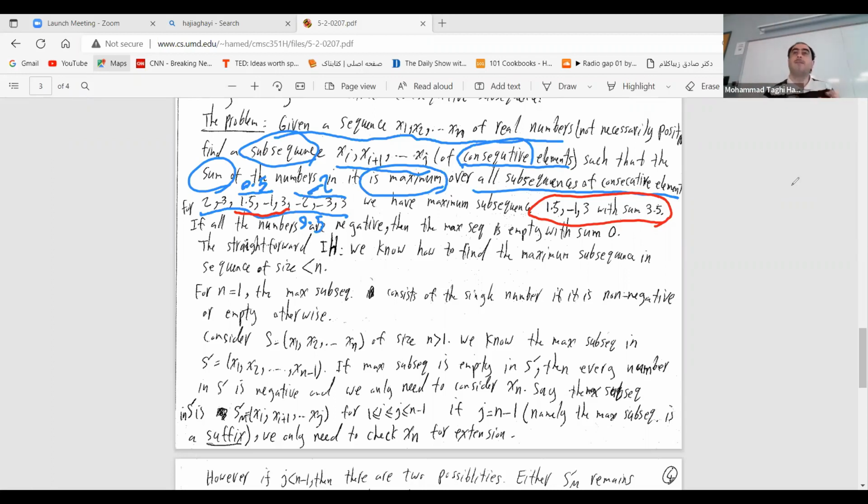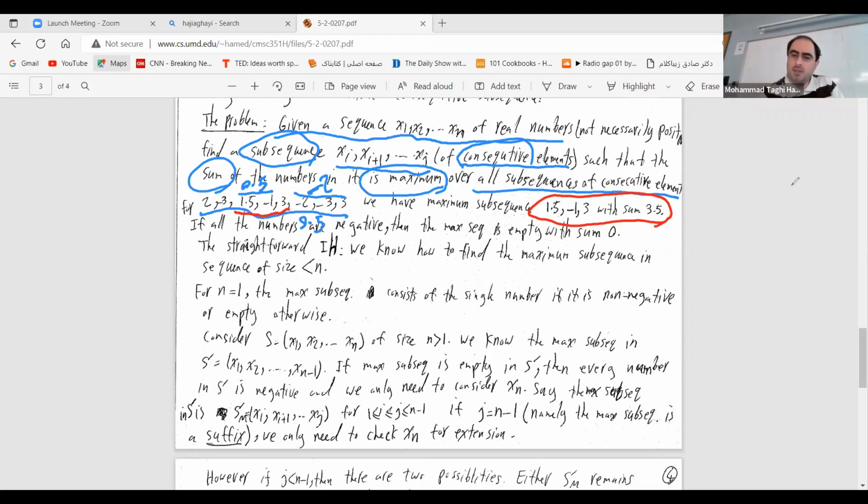What would be a naive way to solve this problem? We start with sequences that begin at 2, compute the sum, then move on to 3, 1.5, like what was given. Yeah, but I'm asking about the general way. A sequence of length n is given to you. How do you compute it? We start with sequences of length 1 that begin at the first element. Yeah, you can actually do it even simpler than that.